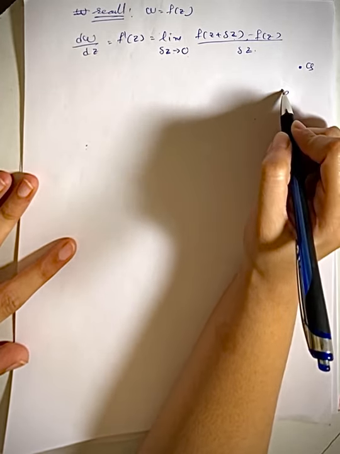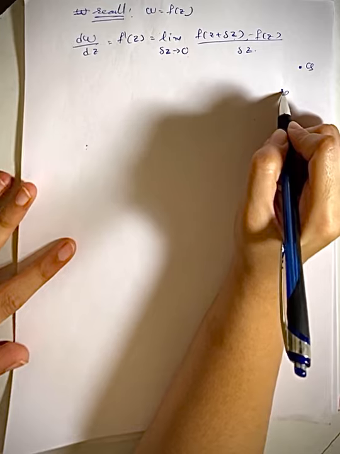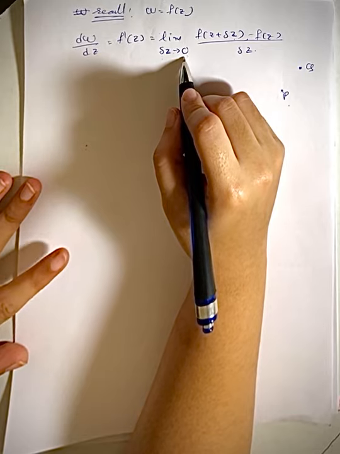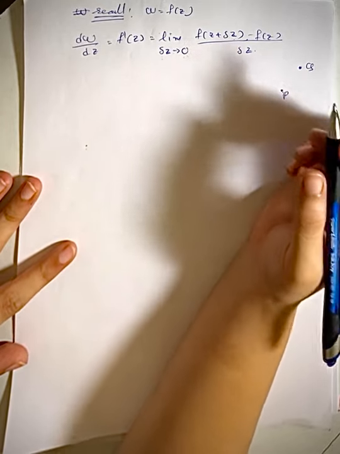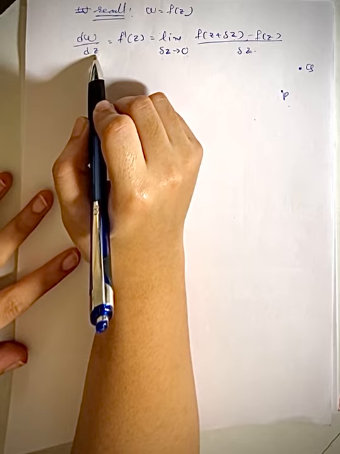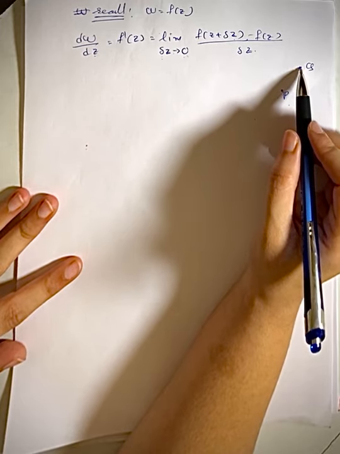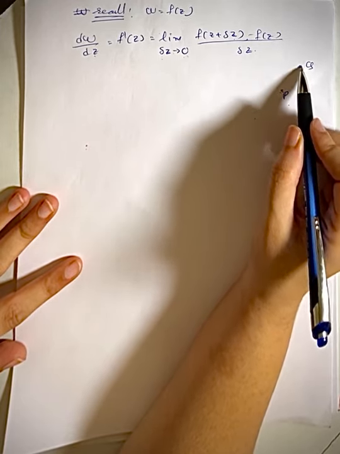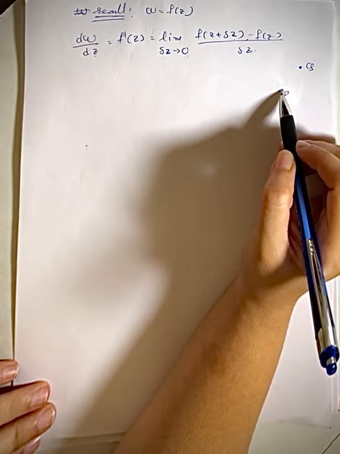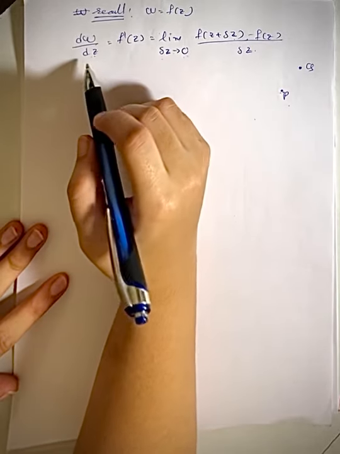We may come across many paths, many ways to do so, but it is also possible that while moving on those paths delta z tends to 0, yet this delta w by delta z does not exist. So in some paths, when you move from q to p, delta z may tend to 0, but delta w by delta z may not tend to a limit. So in order to make sure that